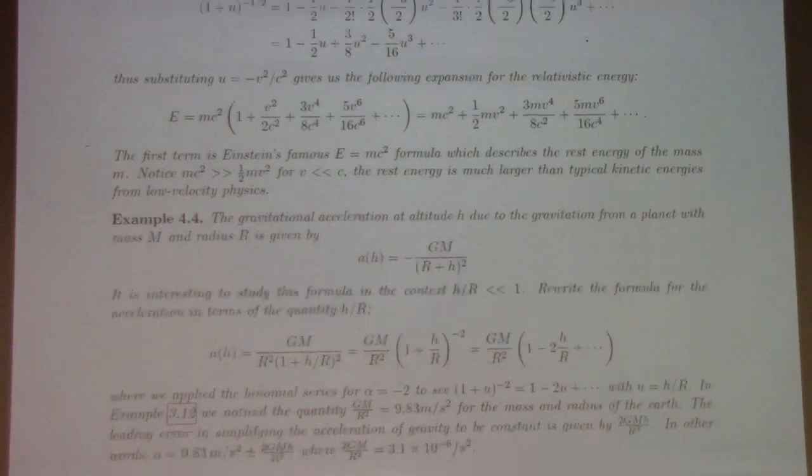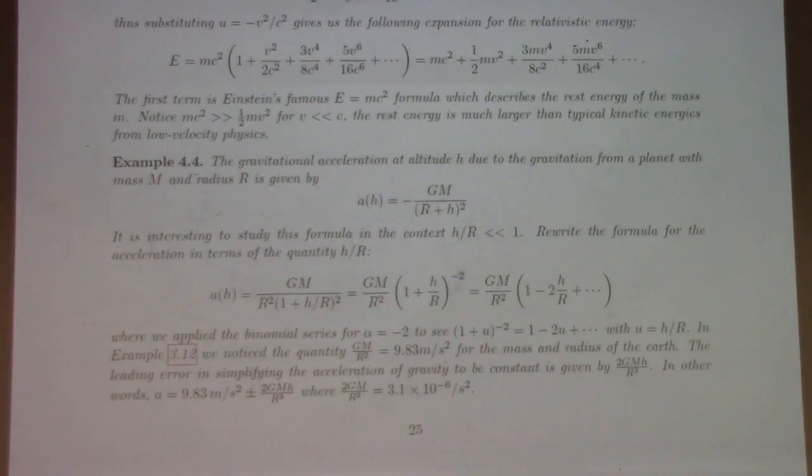Another interesting example, possibly from physics. I mean, definitely from physics. The question is whether or not it's interesting. I think it's interesting. The acceleration due to gravity at altitude h is given by minus GM over (r plus h) quantity squared. This comes from Newton's universal law of gravitation and Newton's second law. If I expand this, whenever you're doing an application of a power series, you want to expand in something that's small, right? So if you think about altitude